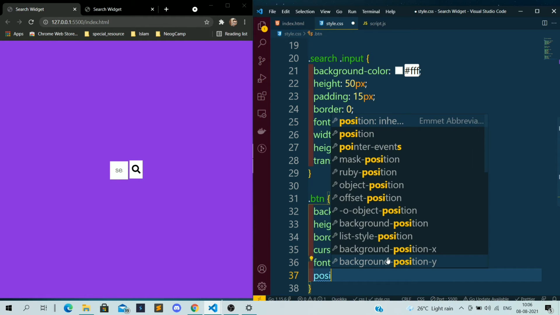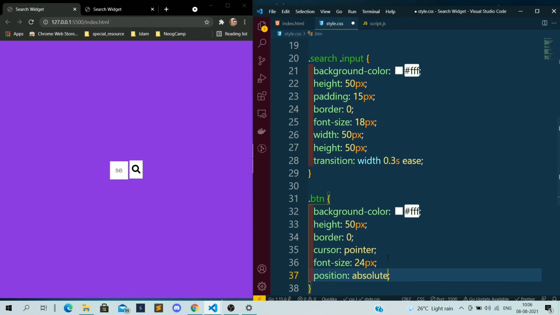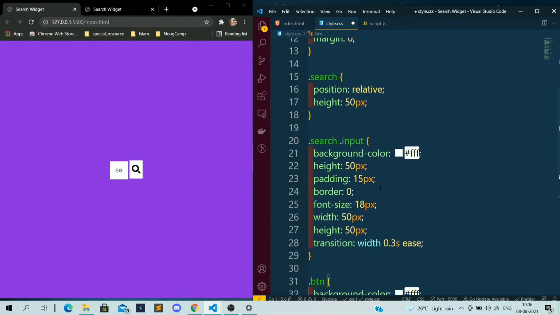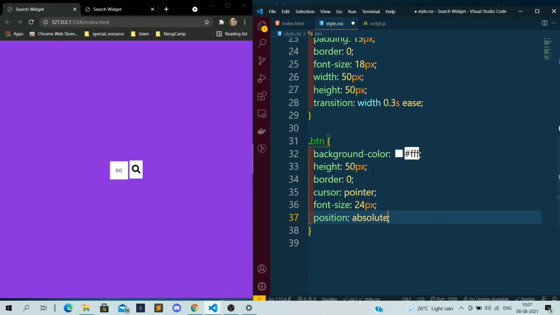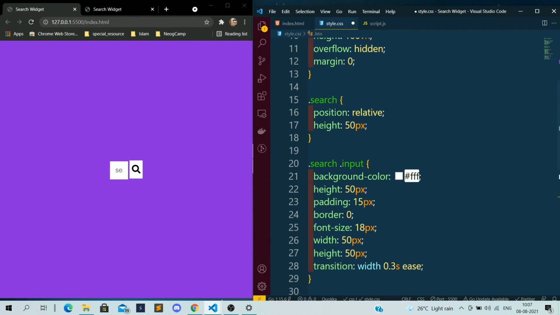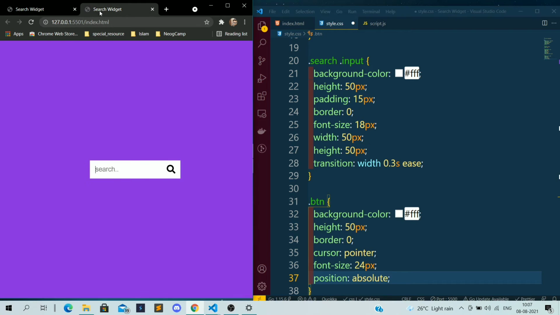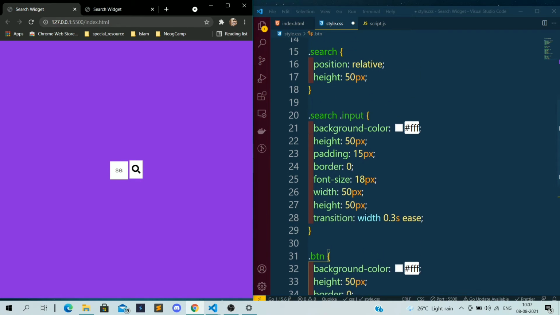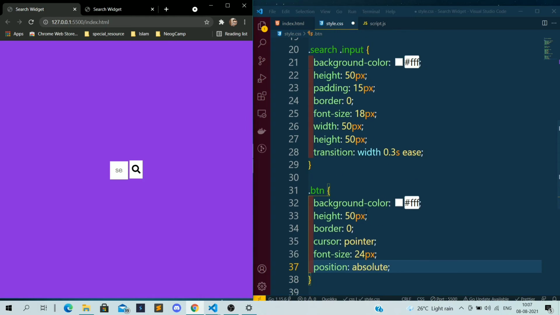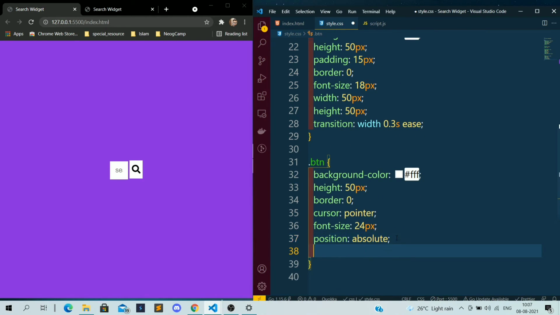I want this position to be absolute because I have given the position of this div as relative. So whatever position I add for this button, it will be relative to this search div. Why? Because I want this search icon to be on the input field initially. If you see in the end project, this search icon is over the input field, and upon clicking on this only it will expand. So that is why I've given the search div position relative, and the button absolute, so that I can adjust the position of this button based on the div.